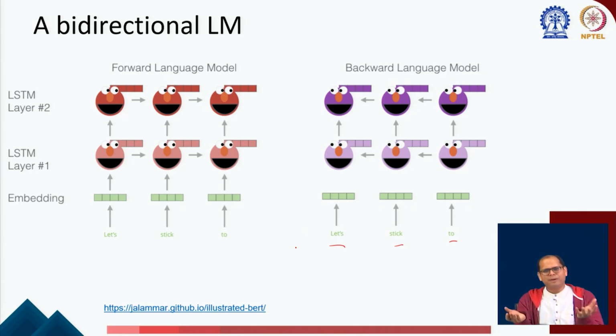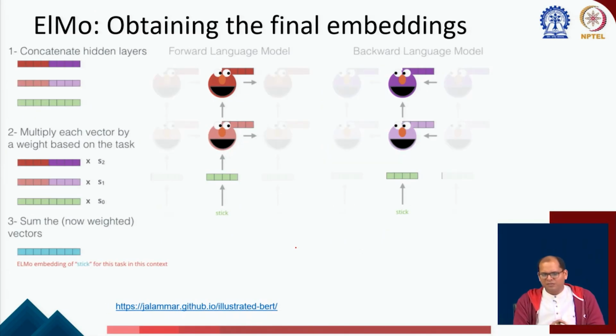You can train them independently, they don't need to interact while training. But once you have trained them, you want to combine the power of both the forward and backward language models to do a specific task, right? So suppose now they are trained. On a given task, you want to make use of this knowledge. Let's say I have a whole sentence, and in the sentence I have the word "stick". I'll pass the